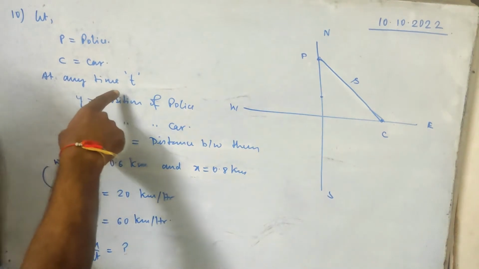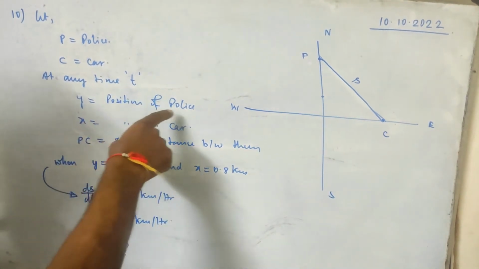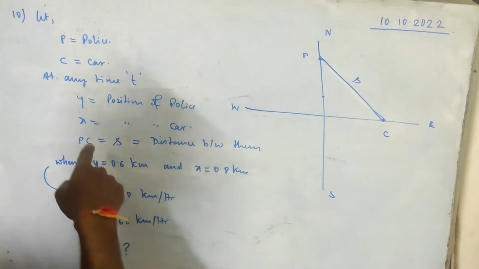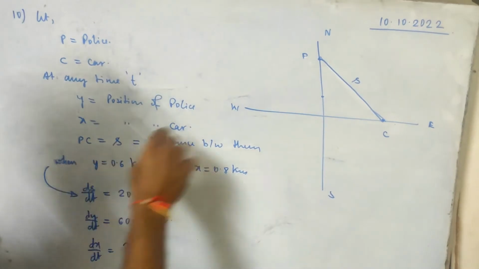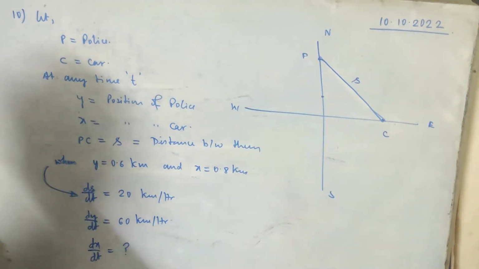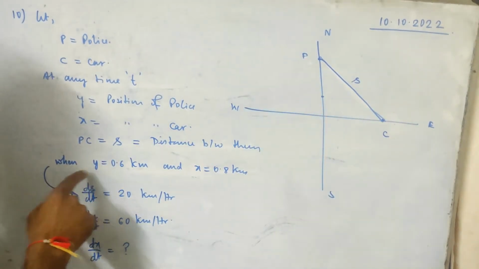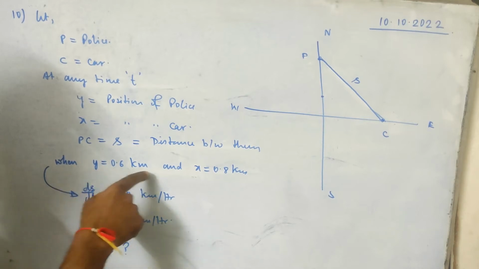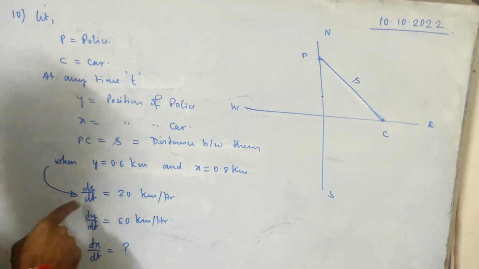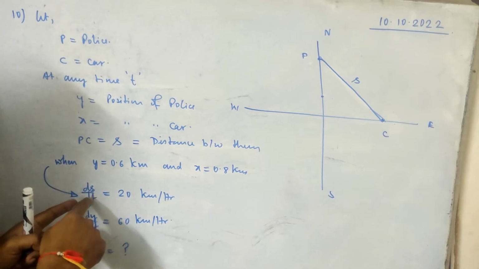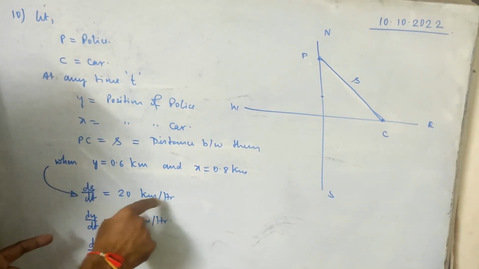Now at any time I am taking y as the position of the police and x as the position of the car. Okay. So PC is equal to s, the distance between them. This is given: y is equal to 0.6 kilometer and x is equal to 0.8 kilometer, then they are finding the distance between them is increasing at the rate of 20 kilometer per hour,